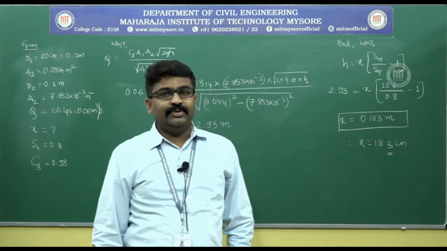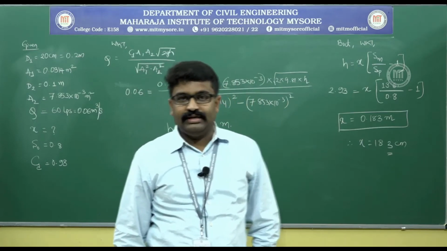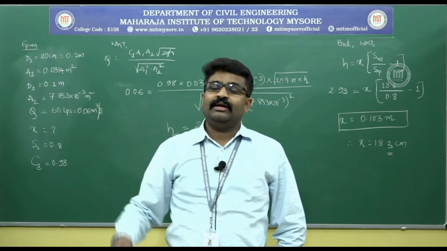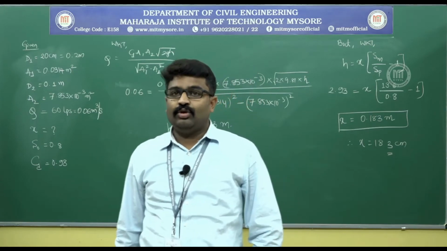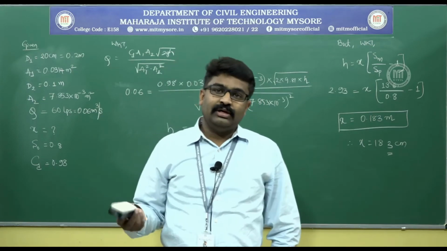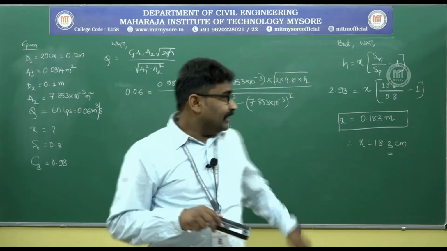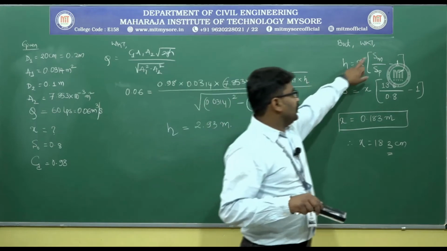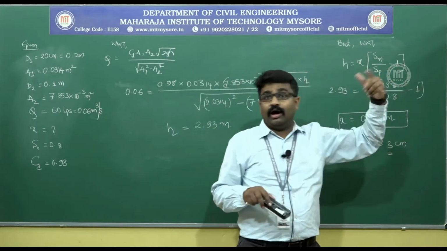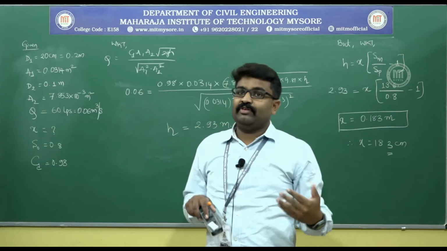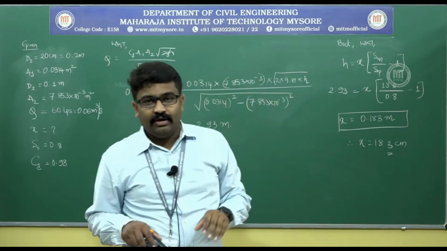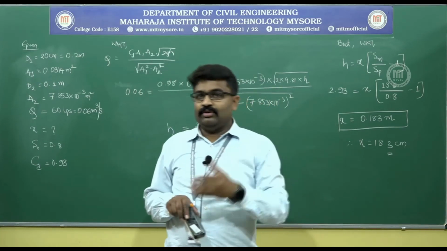Okay. The difference between the two previous problems and now is that you have been given the pressure at inlet and throat. Where do we put this to use? Again, this is a horizontal venturimeter. I have been telling you that H is equal to X into Sm by Sp minus 1, or if pressure is given, it has to be P1 by rho g minus P2 by rho g. P1 is also given, P2 is also given.